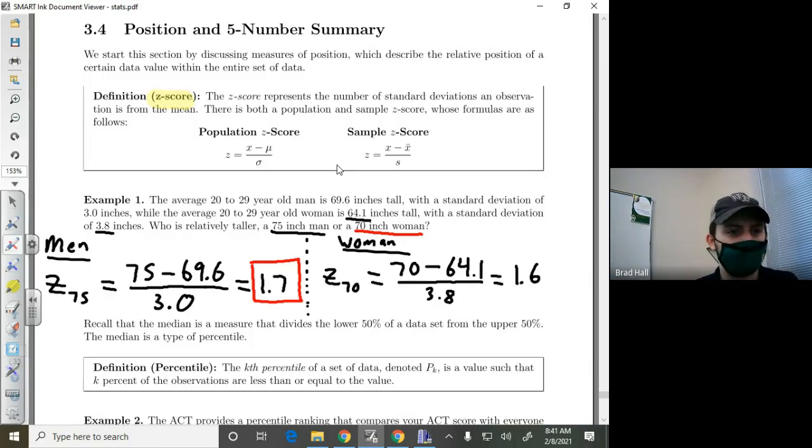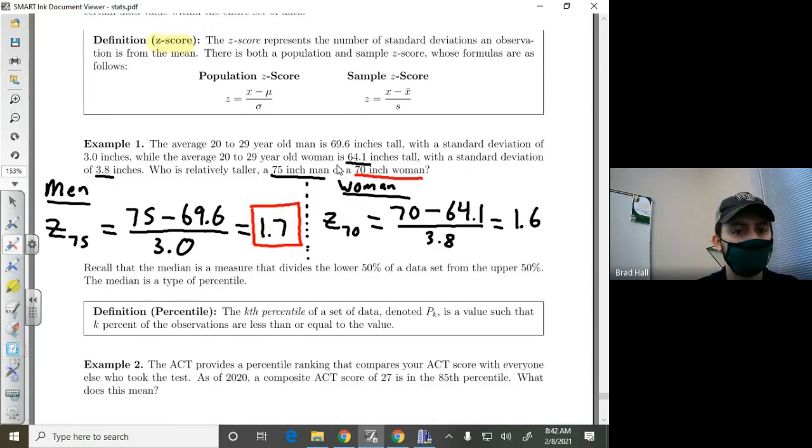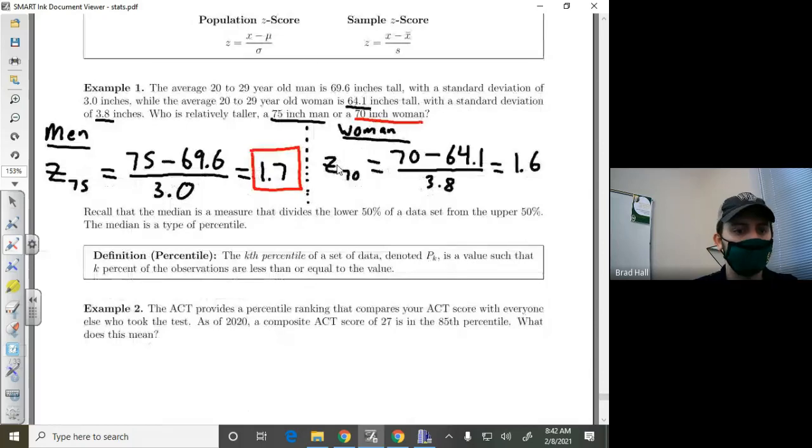Does anyone have any questions about the z-score? If not,